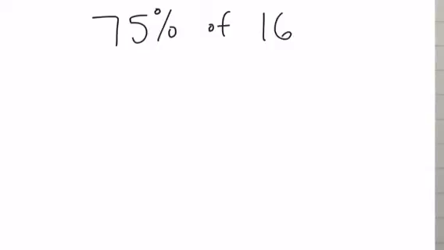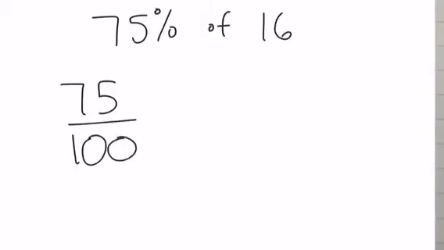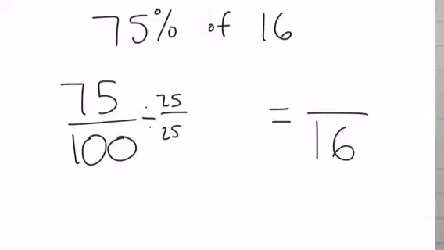So 75% is 75 over 100, and we need to make that equal something over 16. Now we can't jump straight from 100 to 16, so we're going to simplify 75 over 100. If you divide both of them by 25,